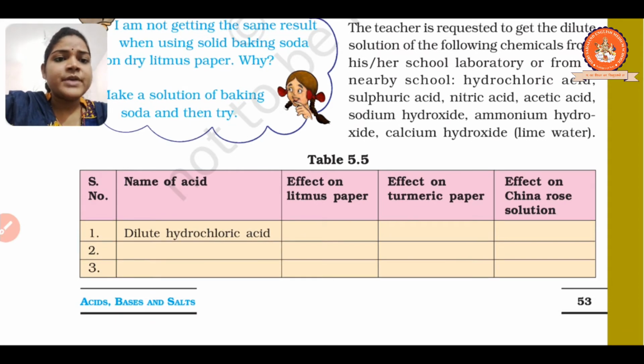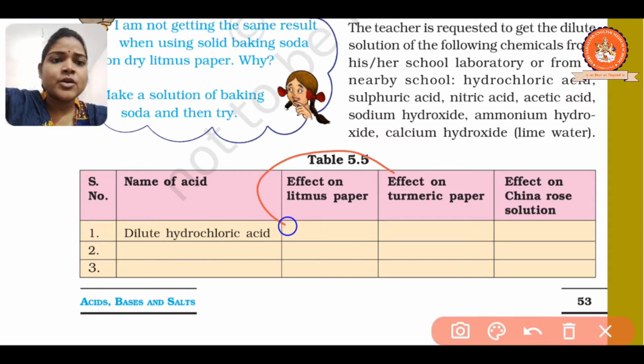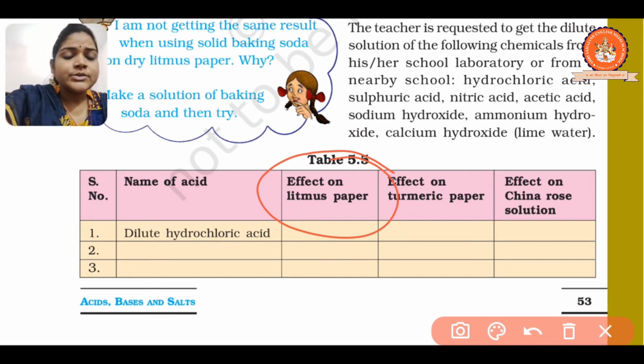In table number 5.5, we have to discuss the effect on litmus paper, the effect on turmeric paper and the effect on China rose solution. So one by one we discuss the effect on the indicators. First I discuss the effect on litmus paper. So in experiment 5.1,